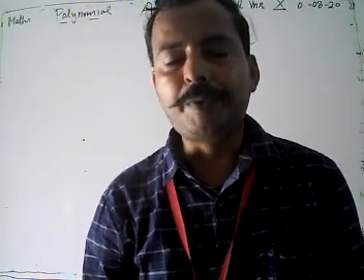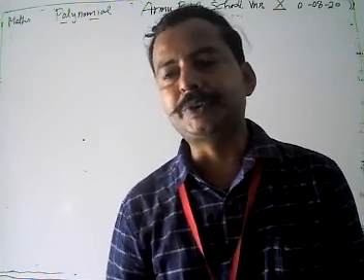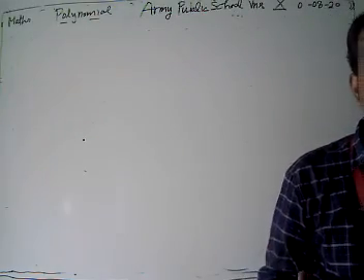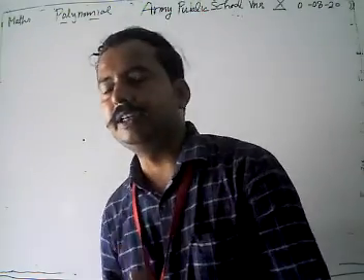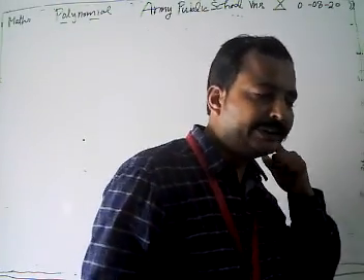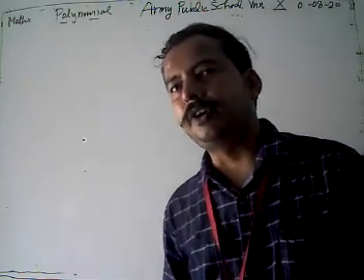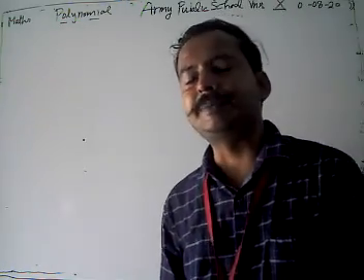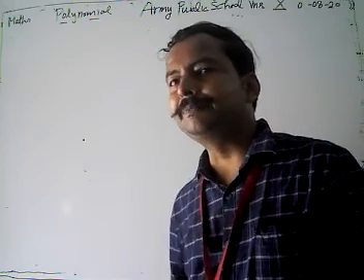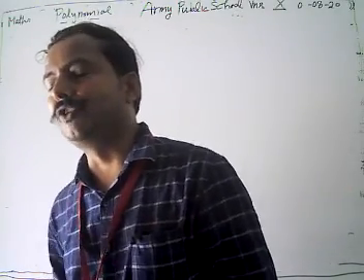In our cubic polynomial, we have seen that any cubic polynomial is given by ax cube plus bx square plus cx plus d equal to 0, with the condition that a cannot be 0. If it has three zeros, say alpha, beta and gamma, then the first relationship is the sum of zeros: alpha plus beta plus gamma is equal to minus b by a, where b is the coefficient of x square and a is the coefficient of x cube.